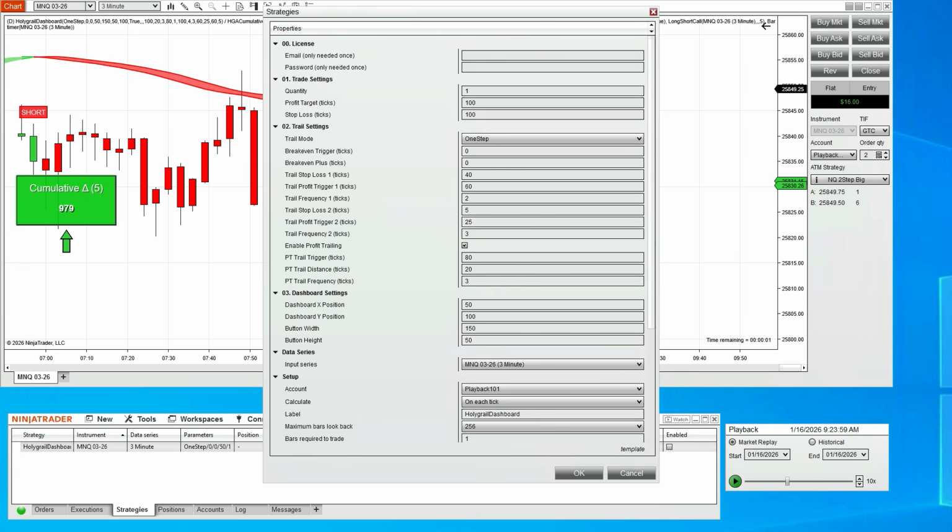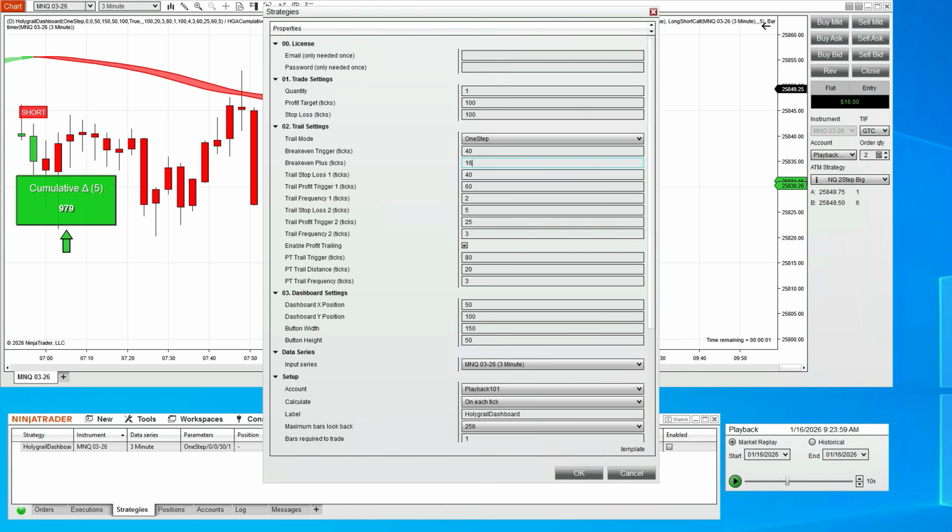Now, in a trending market, or a market that's really moving in one direction, this works really well. But in a choppy market, this may not work so well. You may want to actually have a break even on here, and you can add that easily. So if I want to put a break even on here, say I want to do a 40 tick lockout or trigger on that,